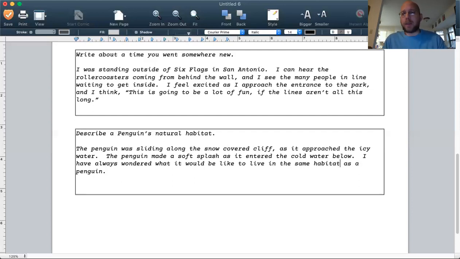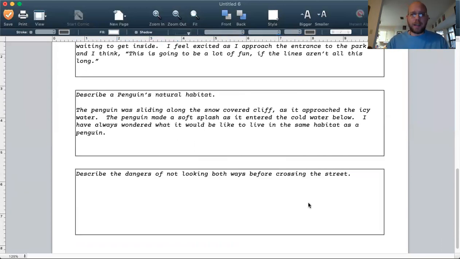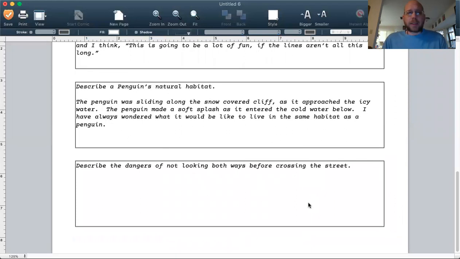Want to make sure that in your introduction, you mention what the prompt says. So there's a science example. And finally, describe the dangers of not looking both ways before crossing the street. Again, this is describing something. Describe the dangers. Well, I'm not going to write a narrative for this. However, I can describe an instance where something bad might happen in order to get the reader hooked. So again,